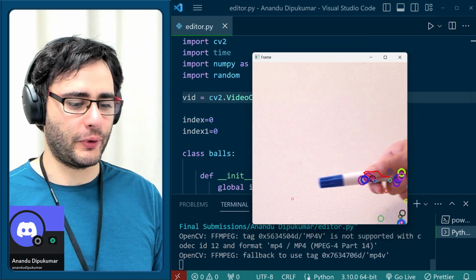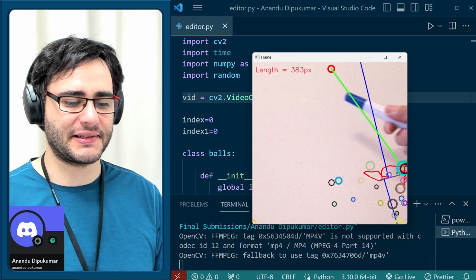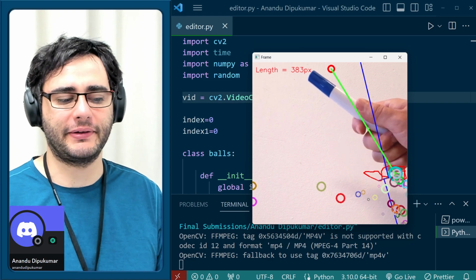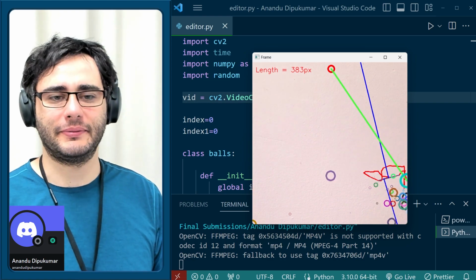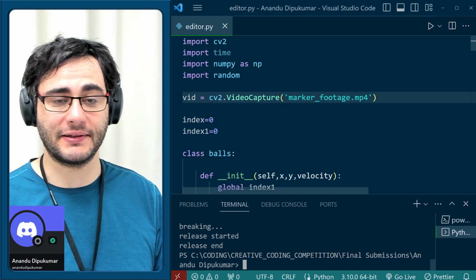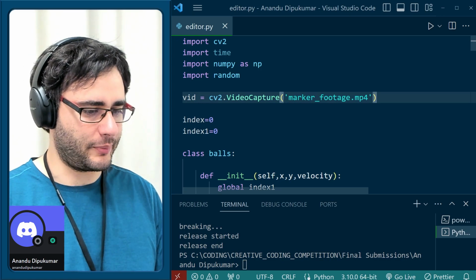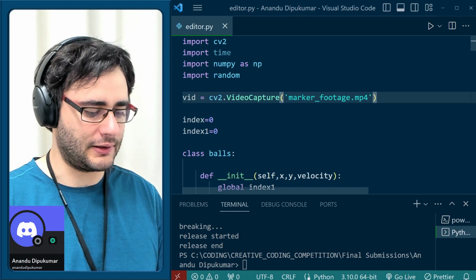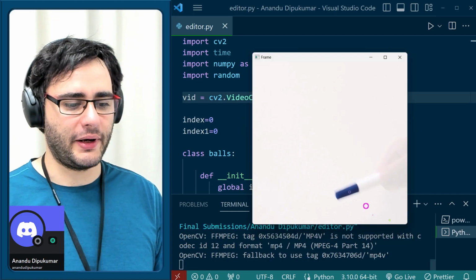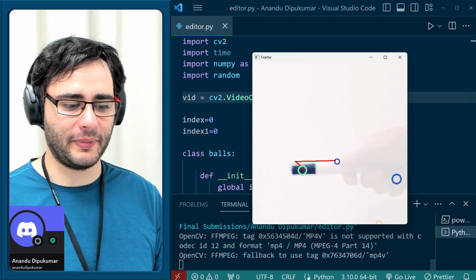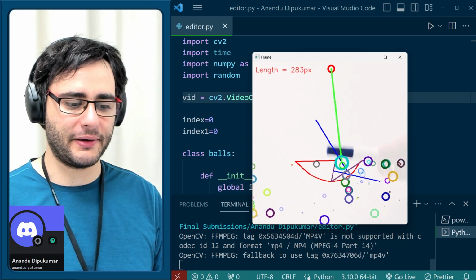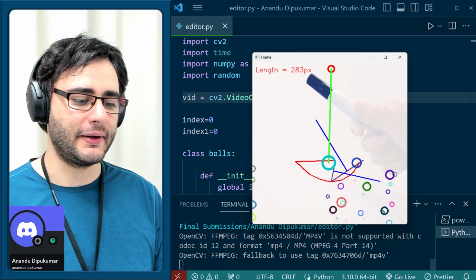And it doesn't really work. The main reason is that my hand is in the screen, and the way it detects the pointer or the ball or whatever is by looking at how dark the pixels are. I've made a separate version of the marker footage, bright marker footage, where I'm emphasizing the top of the marker, and you can see it's better. It's actually much better, but